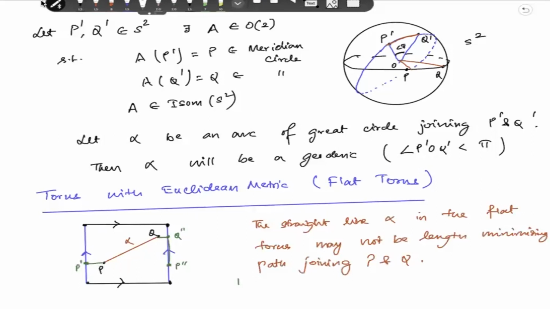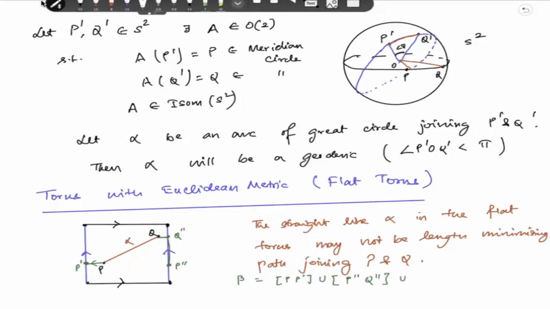So let us take beta to be the horizontal line segment PP prime, then, since P prime is identified with P double prime, take the vertical line segment P double prime Q double prime,